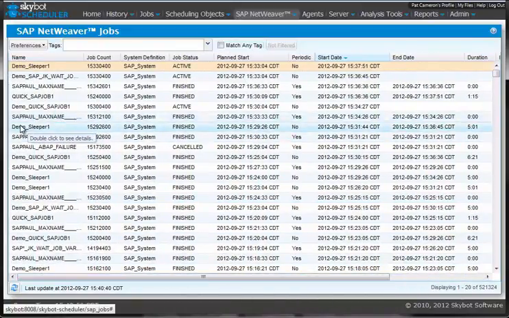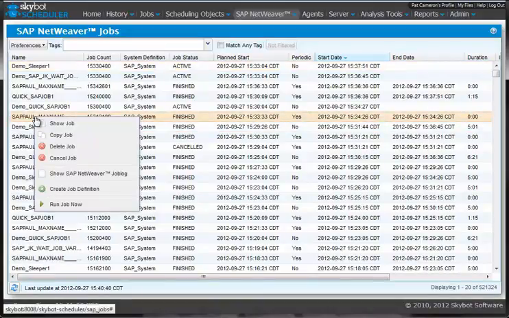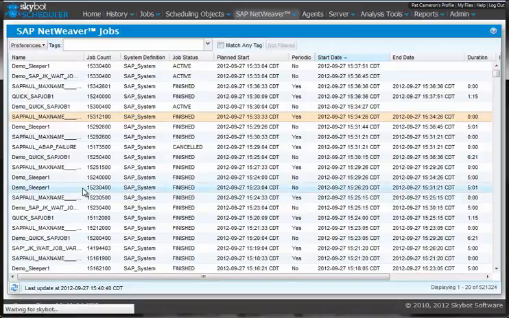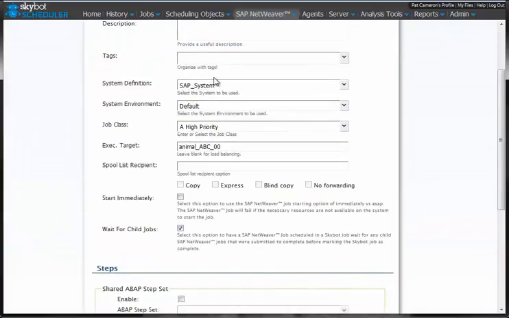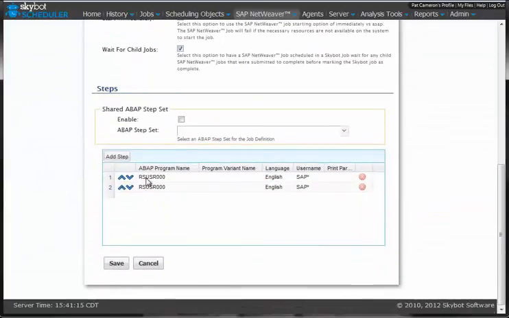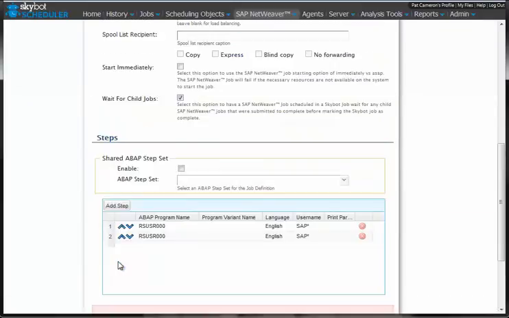What I can do if I want to add a new job into my Skybot schedule, I can just right-click on any one of these, select Create a Job Definition, and Skybot will go out, it will pull in the job name, it will pull in the system information that it's using. This is a high priority job. And it will also pull in the ABAP steps that are being run. If I go ahead and save that,